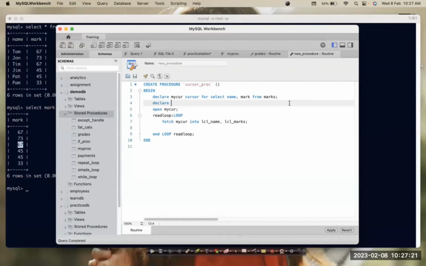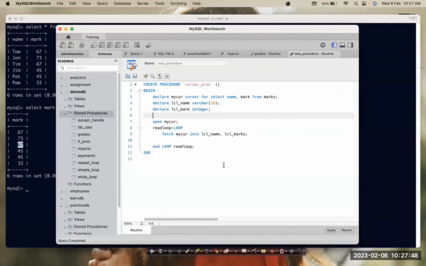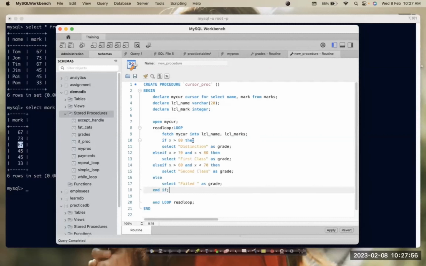So declare, don't type, I'll give you time, okay? Just get the idea. So declare local name, which is of type varchar of some 20. And declare local mark, which is of type integer, right? So fetch MySQL into local name and local marks, right? So now we have to use the logic that we have already written. So if the local mark